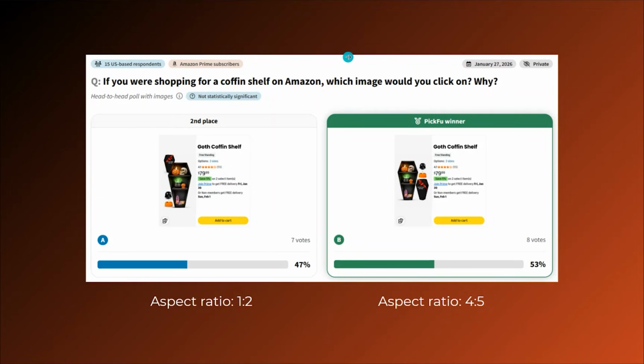By the way, you can get as many respondents as you want to have richer data, but just for this example I just used 15 respondents. So you see, even though this one won, it only has 8 votes versus 7 votes, so it's not very significant, right? So when I read the comments here, people also love this because it looks very big in the preview. People here just don't like the way the box is organized here because there's overlapping and they feel that